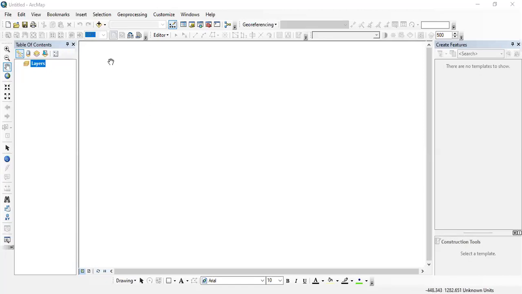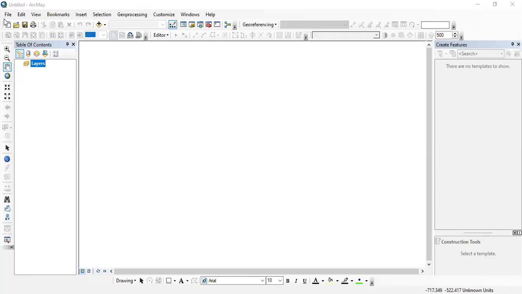There are many elements which are very important for a map that should be there in the map. That is your title, north arrow, then your legend and your scale. In this ArcMap, this is the window where we are going to prepare a map.